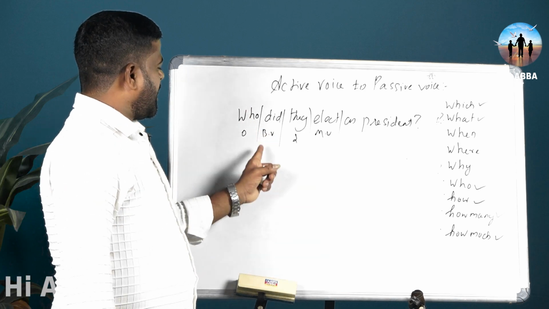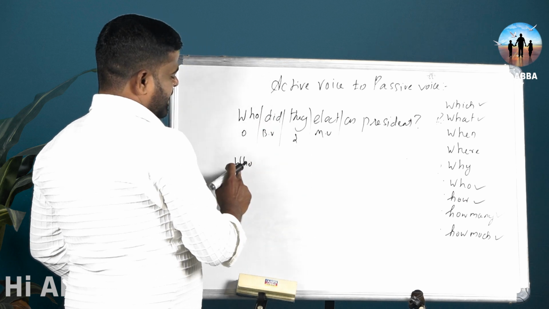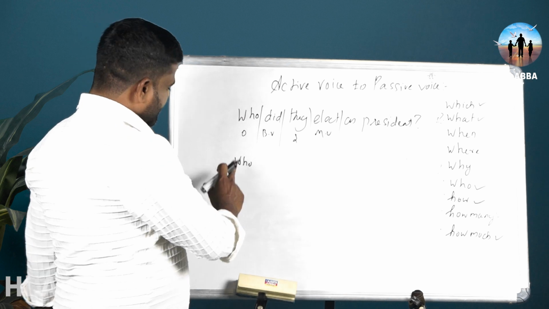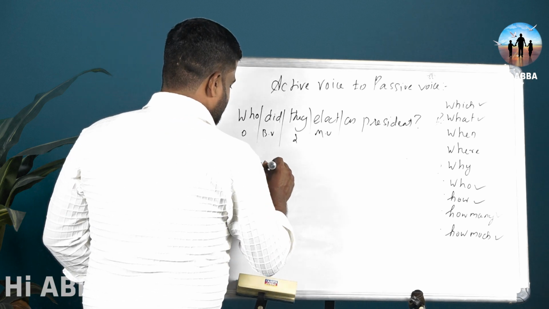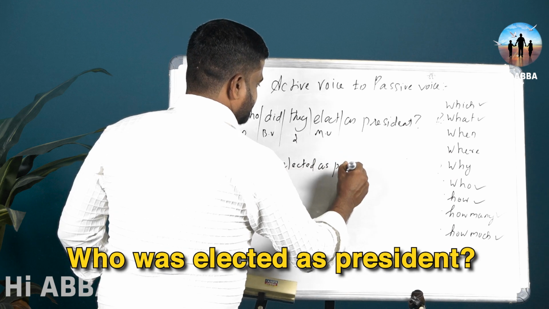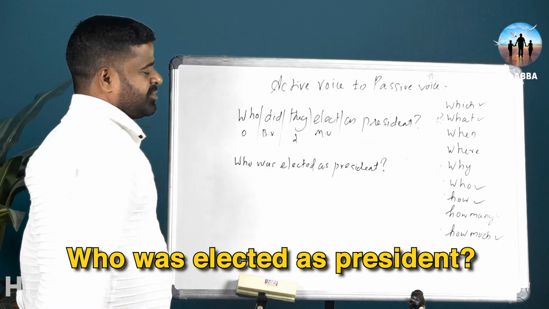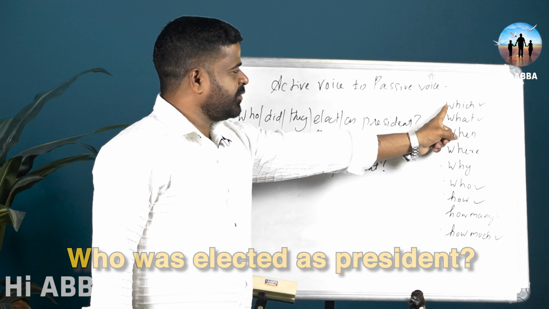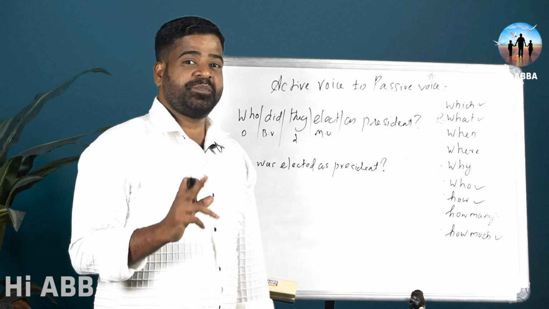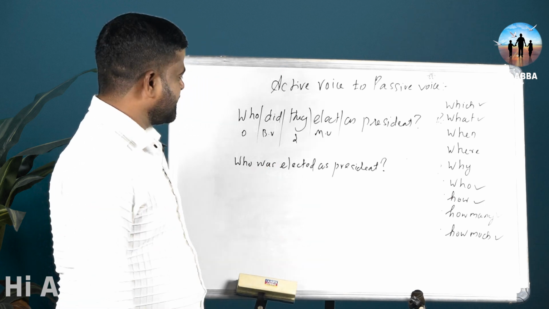Now how to change this one? Again this is simple past tense. Here who, was or were? Actually president can be only one person. So we simply understand this should be singular. So: Who was elected as president? The agent, by them, you don't have to write; it is omitted. So understand, which is becoming the object, what is becoming the object, and here again who is also becoming the object in a sentence, and we have written the example.